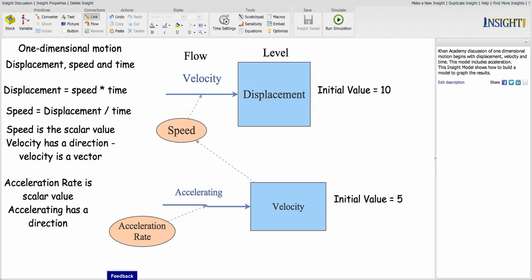Then we've added to this model another level called velocity, and the flow is called accelerating. So we always use a noun as the name of a level, and a verb as the name of a flow, usually. So in this case we have accelerating, and we have an acceleration rate, which is the rate at which the